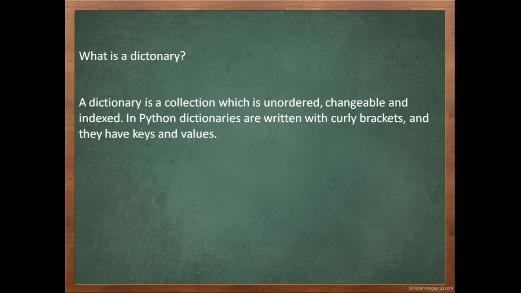Values in a dictionary can be of any data type and can be duplicated, whereas keys can't be repeated and must be immutable. Keys, why? Because the keys are immutable. Why are the keys immutable? Because